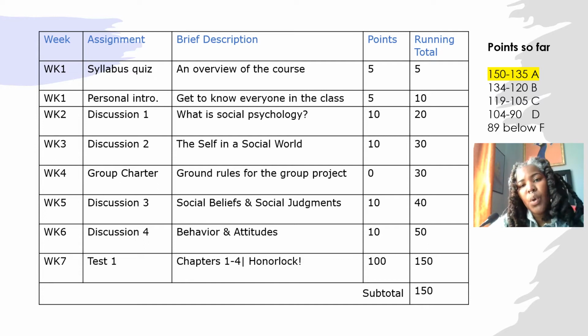And if you want to know exactly where you stand, you can take the total points that you earn and divide it by 150 and then multiply that by 100 and it'll give you a percentage. In the week 7 agenda, I also created a chart and it shows you the breakdown in points of what you need to be sitting at an A, B, C, or below in the class.